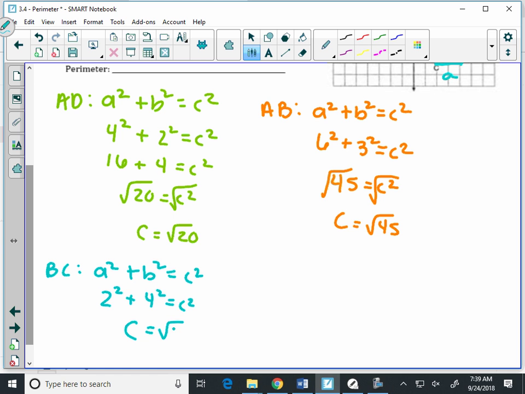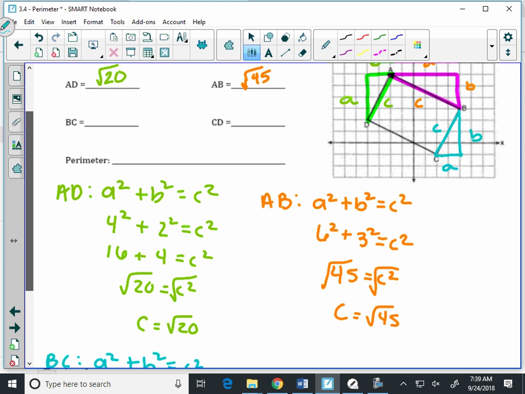Sometimes that happens. So when you notice that, oh, these are the exact same numbers I got here, my answer is going to be the exact same. I don't have to do any more work. Okay? So I know BC is radical 20. Then we repeat the same process